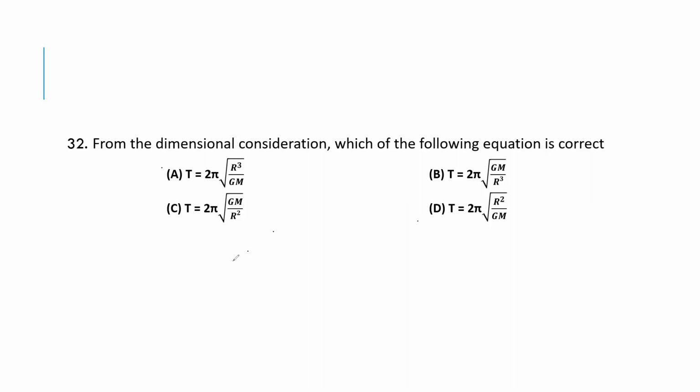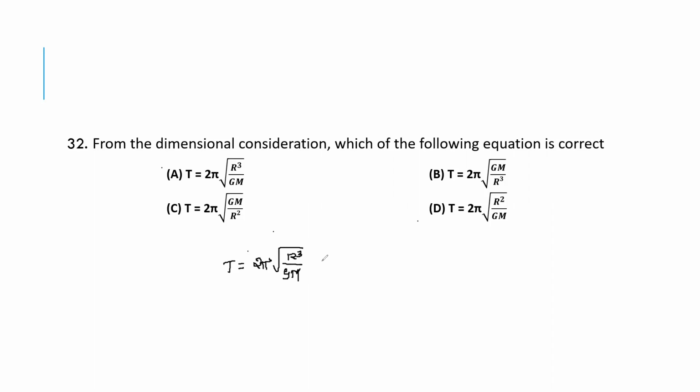The given equation from the dimensional analysis, how to correct this? The given equation is what? That is T is equal to 2 pi... again verify all the options. So first let us start with the first one, that is 2 pi root of r cube divided by g